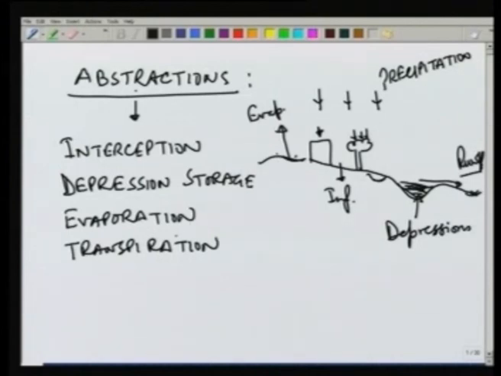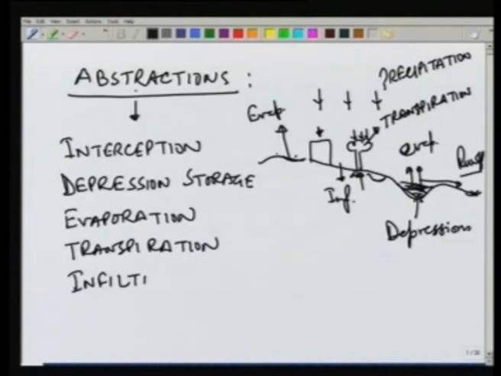So, evaporation may be from the land surface or from the small depressions, also there will be some evaporation. And transpiration is when the plant roots take water from the soil and then transpire it through their leaves back to the atmosphere. And then we will have infiltration,